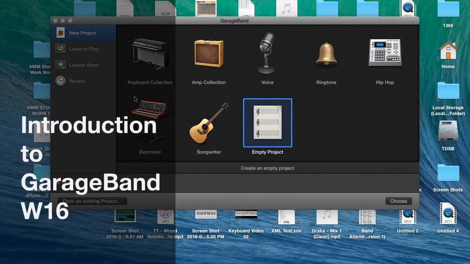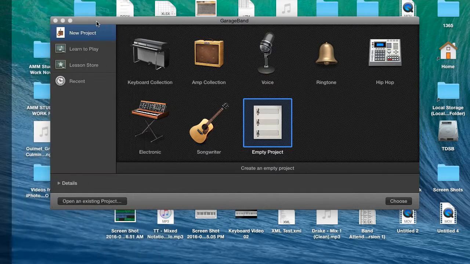Hello and welcome to this tutorial called Introduction to GarageBand. We will be using GarageBand 10, and this accompanies the handout. To begin, I'm going to open an empty project